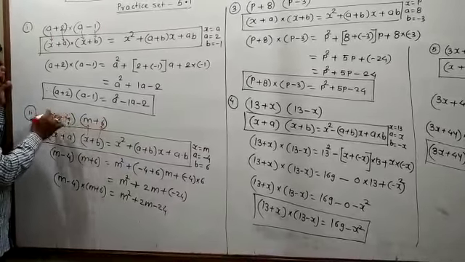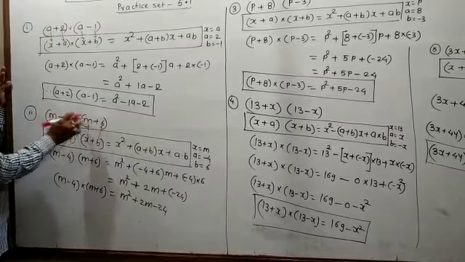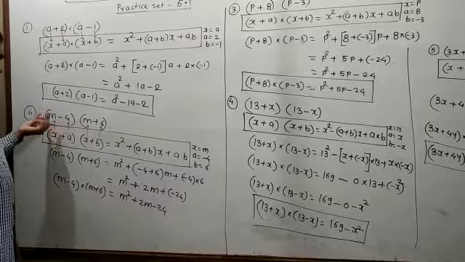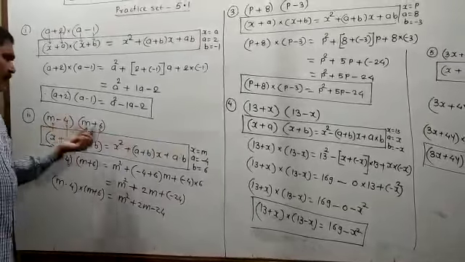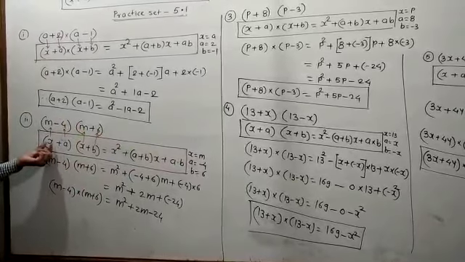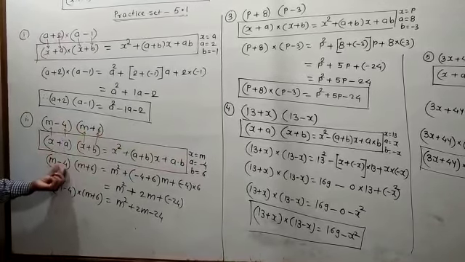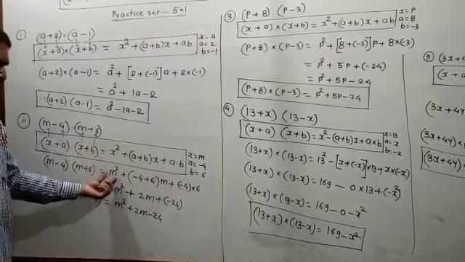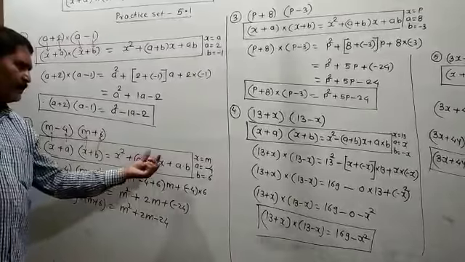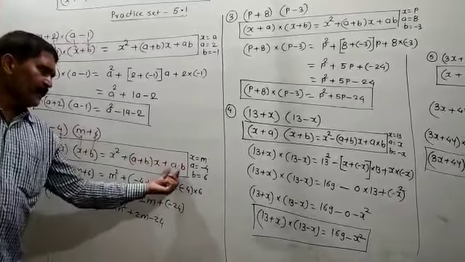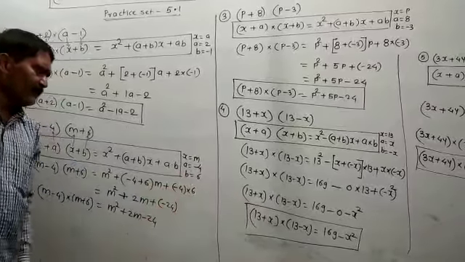Here x is the same, instead of x here is m, so at that time you have to utilize this identity. You have to say that x is equal to m, a is equal to −4 and b is equal to 6. You have to put these values: x as m, a as −4, x as m, b as +6. x² means m², plus (a + b) means (−4 + 6), m, plus a multiplied by b means −4 multiplied by 6.